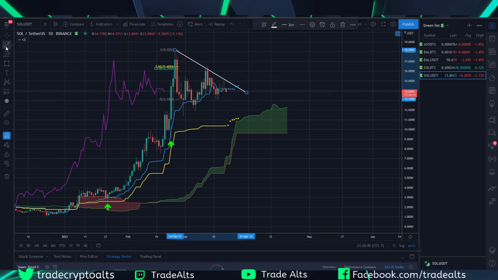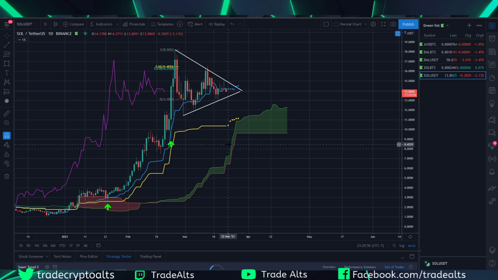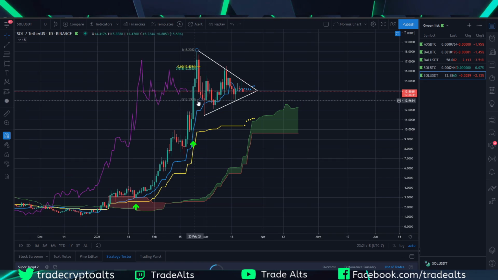So something you can see, for you pattern traders out there. Now, this can break either way. This is like a symmetrical triangle. It's very full though, okay? And typically, they break out in the same direction. Statistically speaking, these have a higher tendency to break out with the overall trend, right? Which is obviously very bullish. But